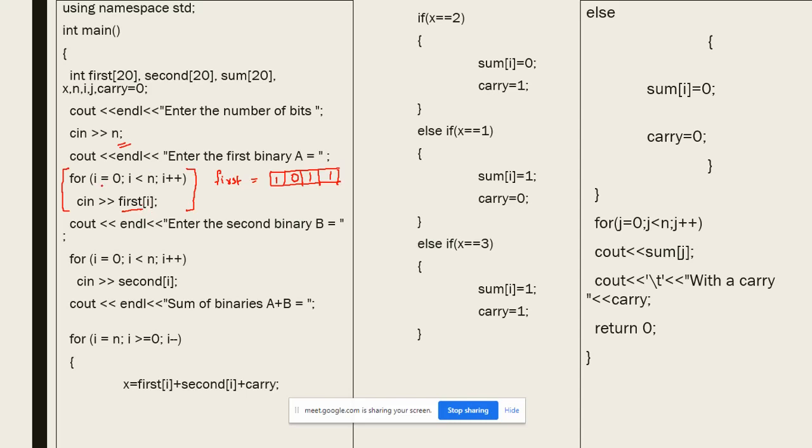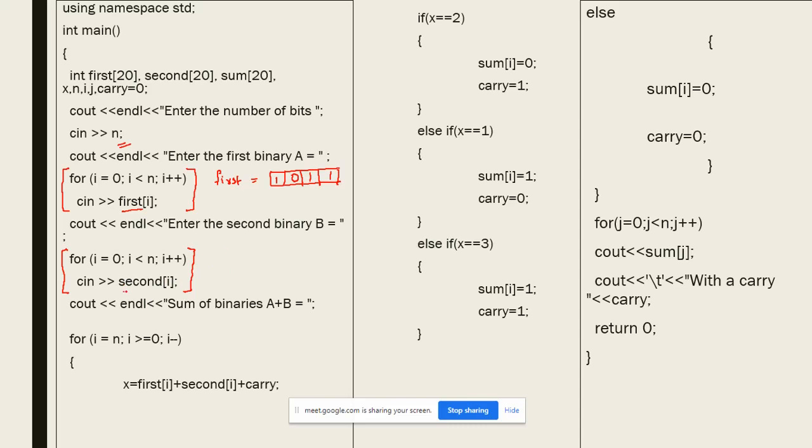I can start either I from 0 and put I less than n, or I can start from I equal to 1 and give I less than or equal to n. That will be fine. And during the next step, I ask the user to give me the second binary. Again, the user will give me the second binary, and I have to input the number into the binary.